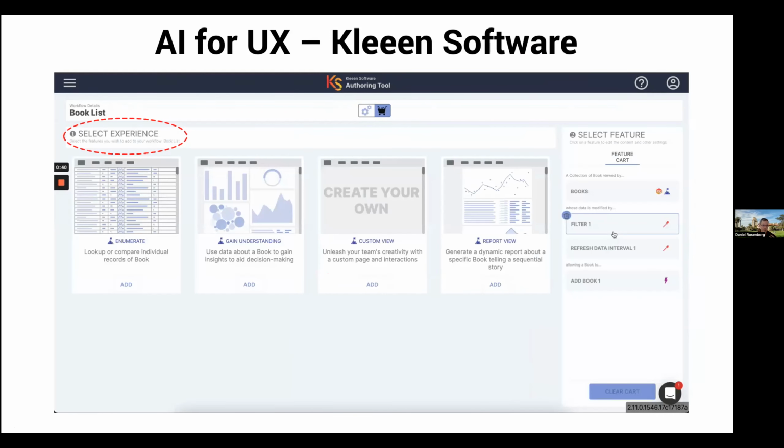And then you select the type of experience, and you can have some specialty things associated with the experience. But generally, experiences are either about enumerating the data, gaining understanding, so maybe pushing you towards a dashboard, or you can sort of be more specific and create your own.